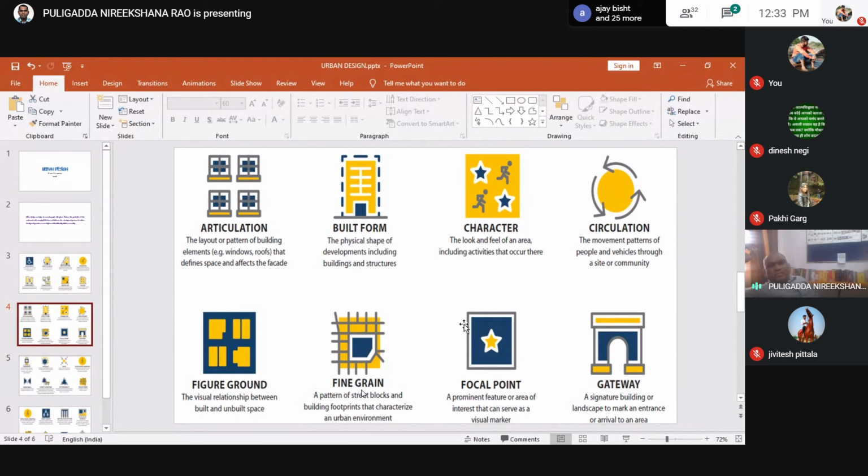Next, gateway: a signature of building or landscape to mark an entrance or arrival to an area. Even this gateway concept is not modern urban design.